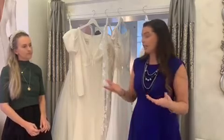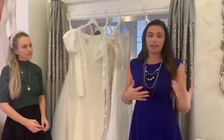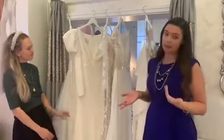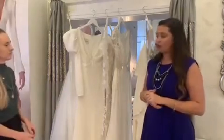You can choose that. If you're going to get it done by the designer, it comes how it comes, but if you do it with our seamstress, then you can choose exactly how you want it. So that gives an example of the types of sleeve dresses we've got in the shop, so I hope that answers your question. So the next